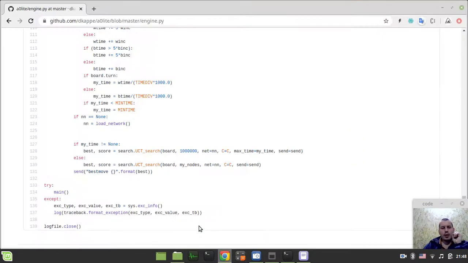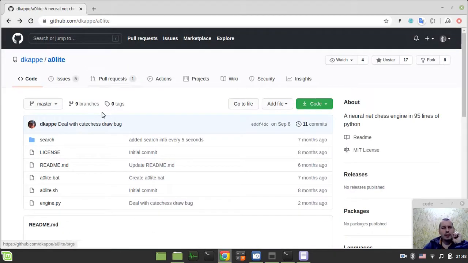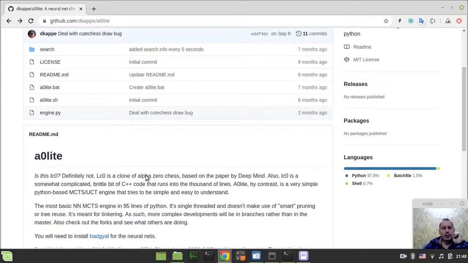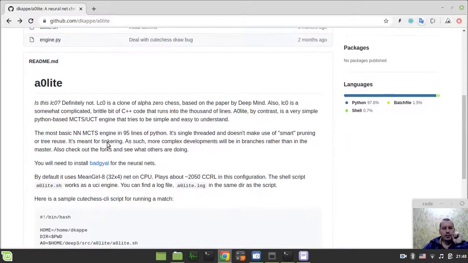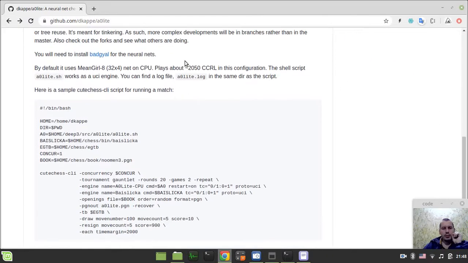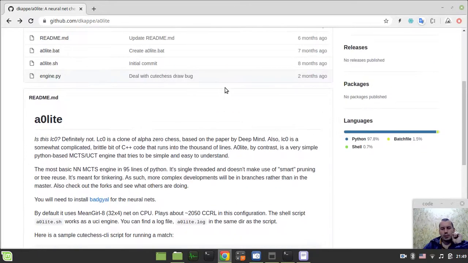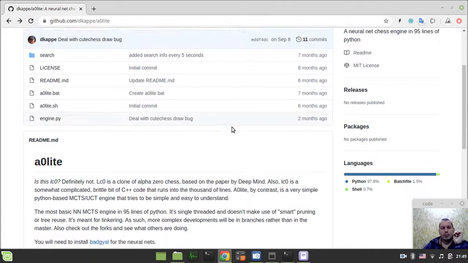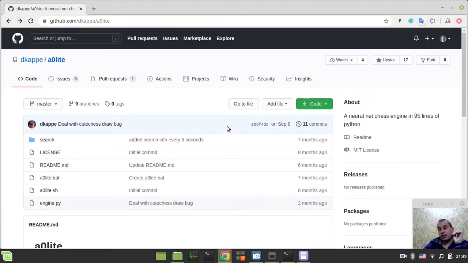And by the way, we would be using this Aeolite by Dietrich Kappe as the training partner for our engine. This version is claimed to play around 2050 on CCRL. Well, I have no idea how the Monte Carlo research algorithm would perform. I know that my BBC chess engine with a, well, not really full-blown Negamax with alpha-beta, but quite pretty basic Negamax with alpha-beta,